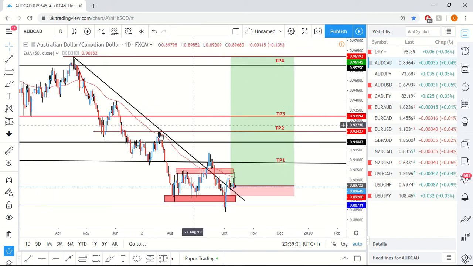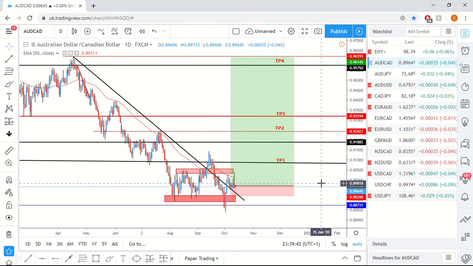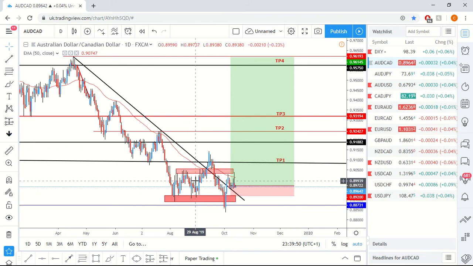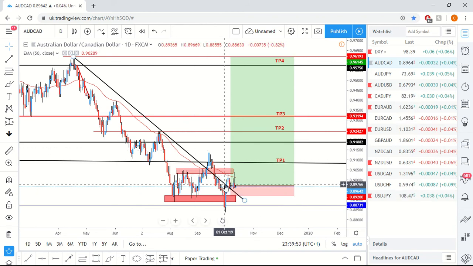Moving on to the Australian dollar CAD. The analysis for this one is pretty similar to last week. Not really much has changed in my view. We still have this break. We're still waiting for price to come higher. There's nothing really to suggest getting into this trade yet. I'm just waiting for price to show its hand a little bit. We have seen indecisive price action, and with this I'm still looking to take this long since we have had this break. However, I would like to see a break of this liquidity area, maybe a new higher high, for us to go higher.